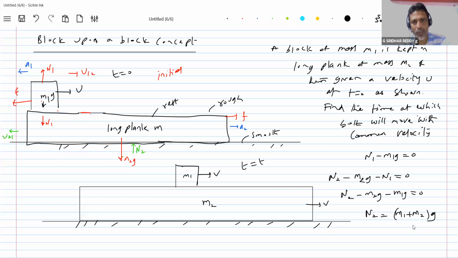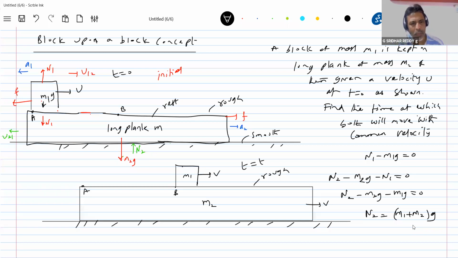Though the surface is rough, still there's no relative motion between the block and the plank. Earlier the block was in contact at point P1. Now you see that after some time, it will arrive at P2. Let's keep these things in mind, or A, B, I'll write it. So very initially the block is at point A on the plank. Now finally where is it? At point B. This is just an assumption.